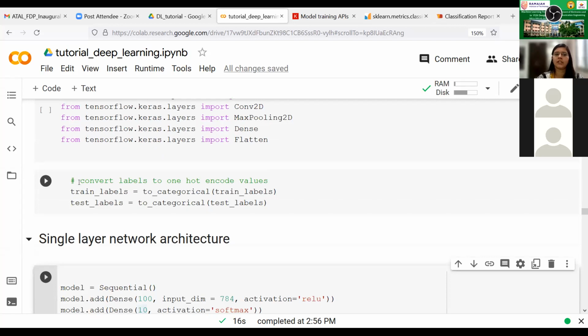So as a first task, what we need to do is convert the labels to one hot encoded values. Now, what is a one hot encoded value? So for example, I'm giving this MNIST data set image to the neural network. The output of the neural network would be a vector of 10 values, which means that each position in the vector represents the probability value predicted for that particular class label.